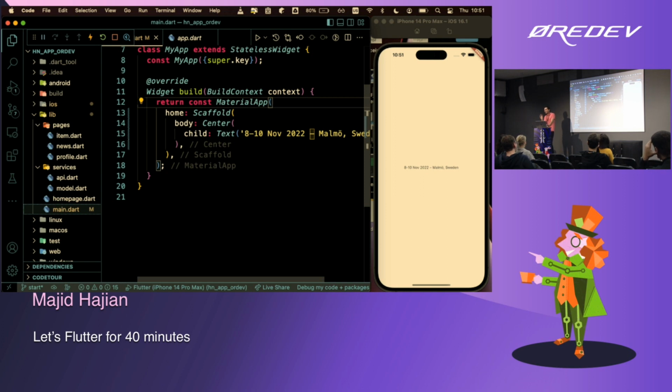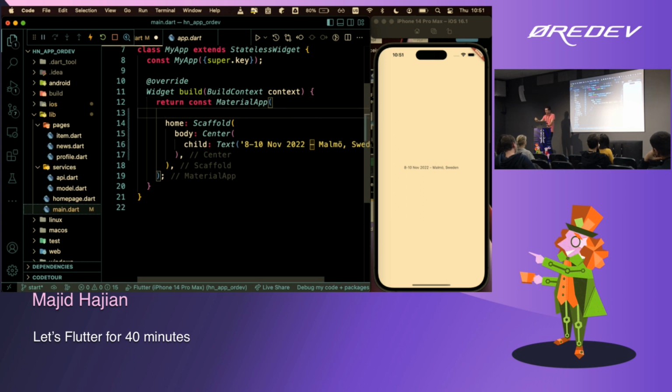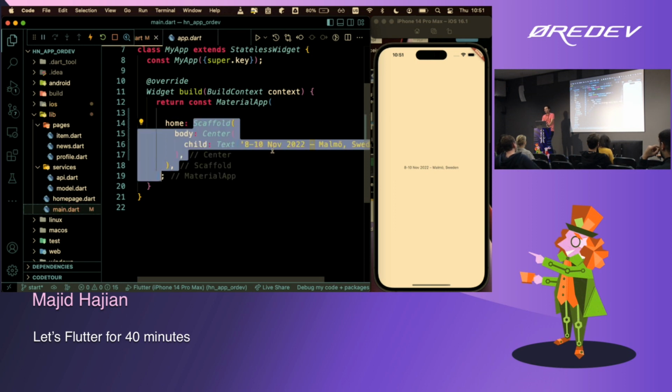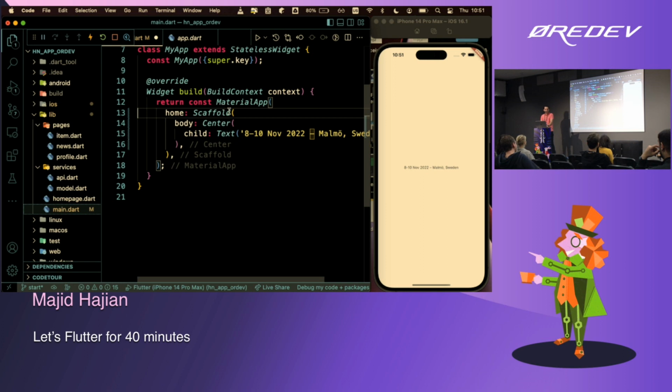Usually we use them. The reason is it's kind of self-documented as well, right? So you don't really need to know what you need to pass in the first position or second position or so on. You just say, oh, I want to pass actually homePage. I already have done that. And this is going to be this widget. That's it. OK, so we start with the Scaffold, as I mentioned.